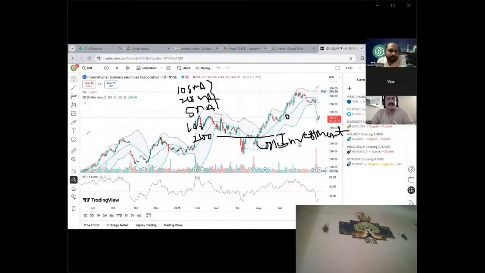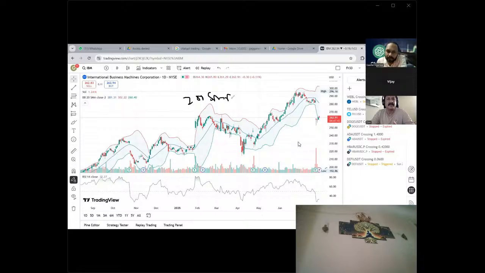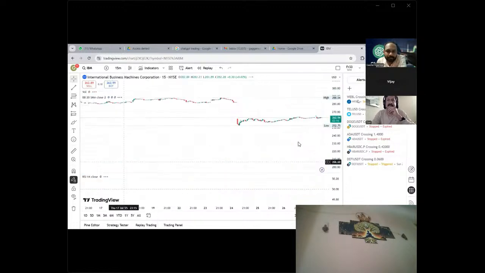Then you can use 10 and 20. The 200 SMA you can also use for intraday, but you have to wait for the 15 minutes chart. But the best is the Bollinger Band only. If you want to do scalping and intraday, the best is to use the Bollinger Band because it already has everything in it. I will not suggest you use an individual moving average, but I will explain how it works.